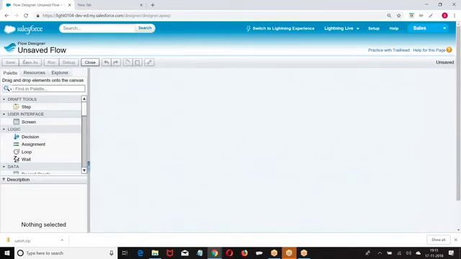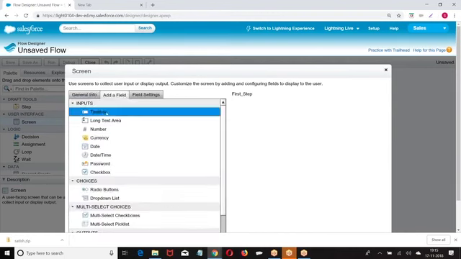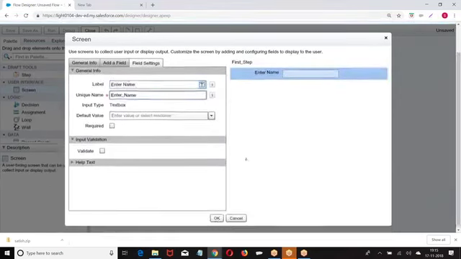Now, like a flow chart, we'll be designing the steps. Screen 1. Add a field. Enter name.